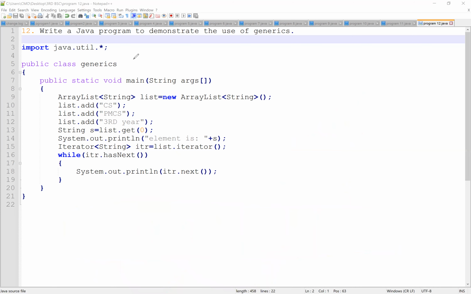Let's have a quick revision of how to write programs for generics. First, we need to import our import files. Next, we need to have our class name and static main. After that, we need to start writing our generic code: ArrayList<String> list = new ArrayList<String>. This represents our generic code.